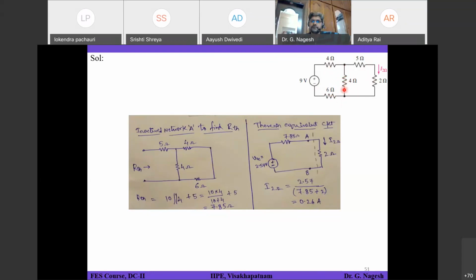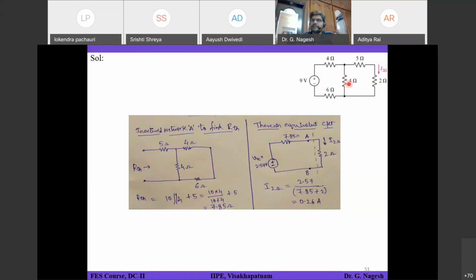Okay, sir. And that's why, if there is a circuit where the middle branch is asked, better not go for Thevenin's theorem. Based on the circuit you have to choose which method to go with. Maybe I will apply nodal analysis, or Kirchhoff's voltage law, or mesh analysis, or Thevenin's theorem, or superposition theorem. If you practice, you will understand better which one to apply.